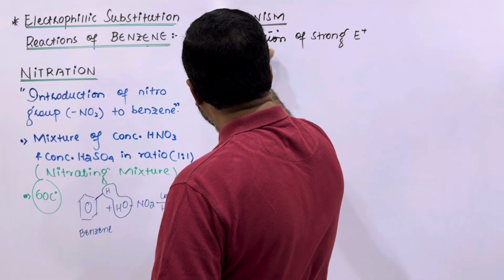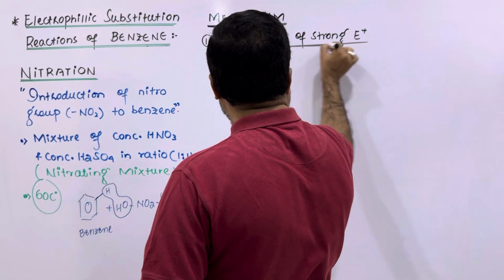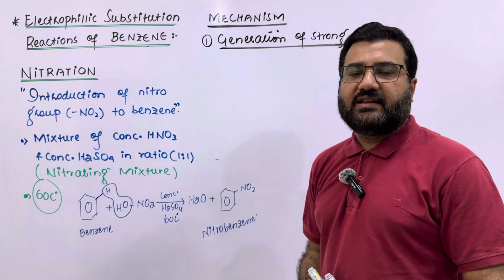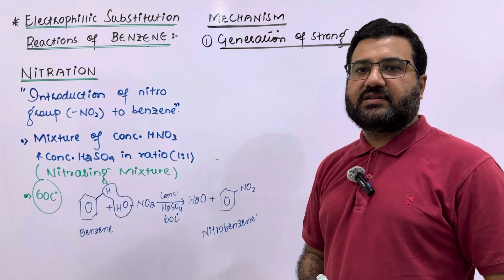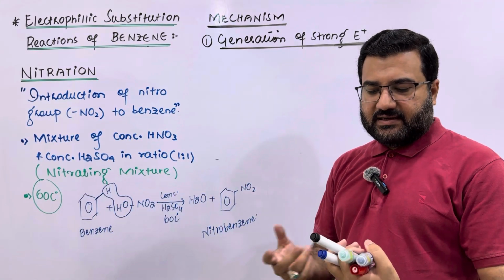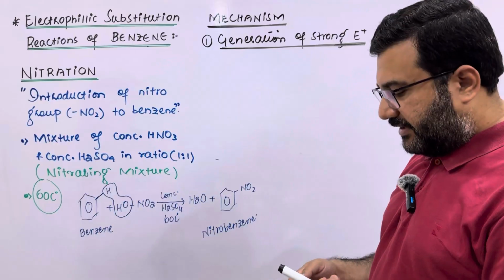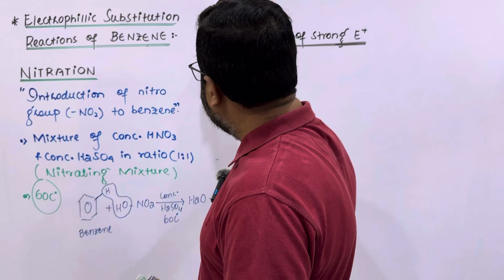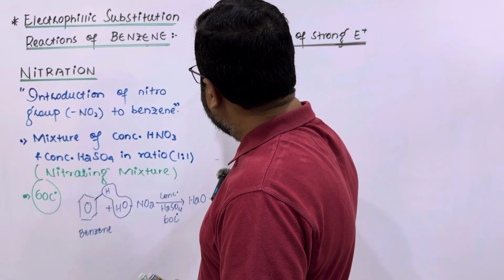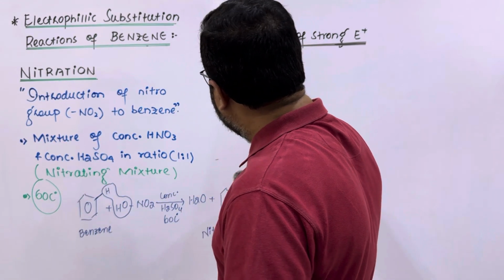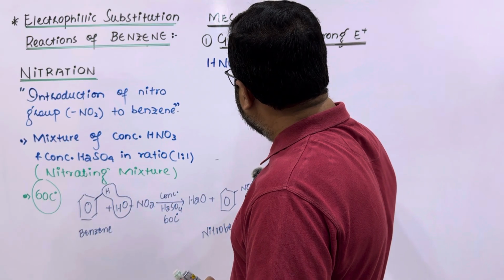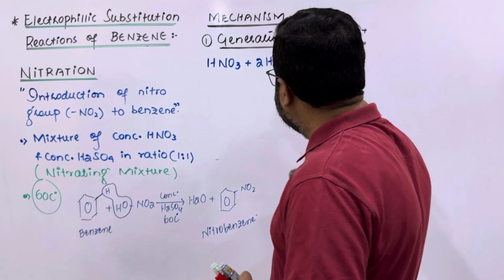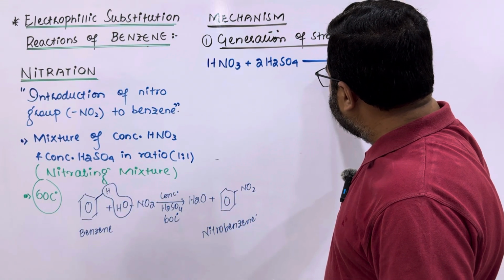electrophile. As you know, that benzene is highly stable because of its delocalized pi electrons. So the weak electrophile cannot penetrate the protecting sheath of the pi electrons. So that is why stronger electrophile will be required. And to produce the strong electrophile, the reagent and catalyst react together. Reagent is concentrated HNO3. Catalyst is concentrated H2SO4, and my dear students, you will get